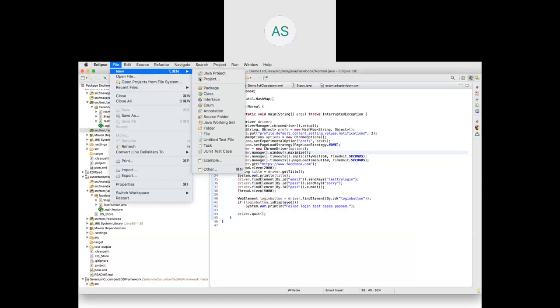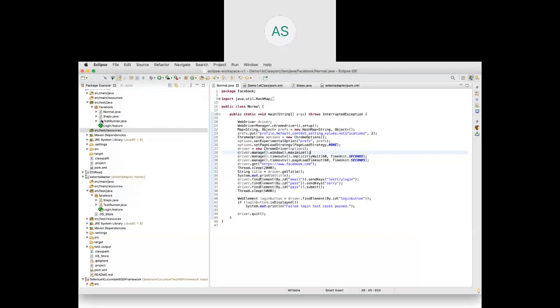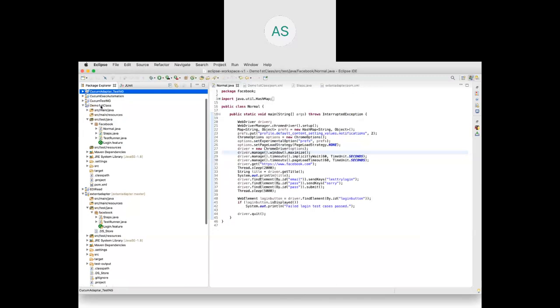We can create a Java project, and if we want to build any Selenium project, we can build using a Java project, or we can use a Maven project. By selecting Maven project, we created a project, a demo first class. Suppose this is the project we created.